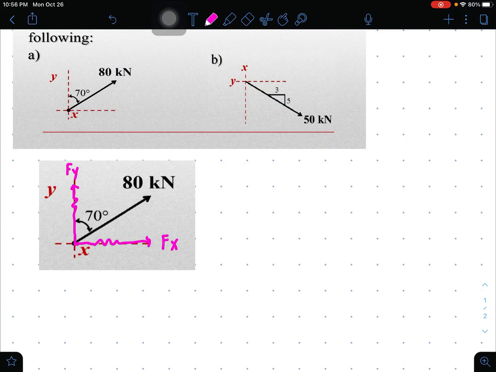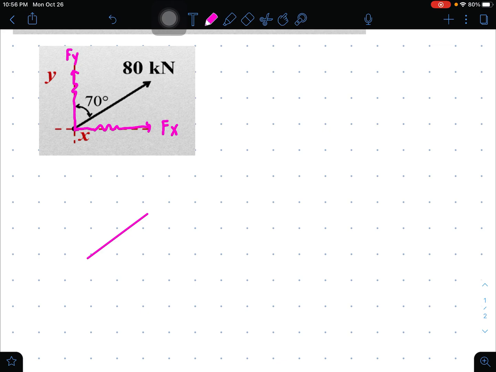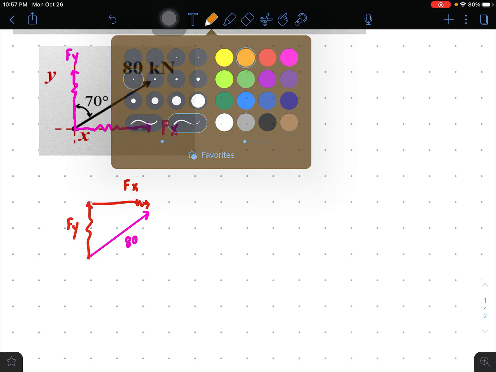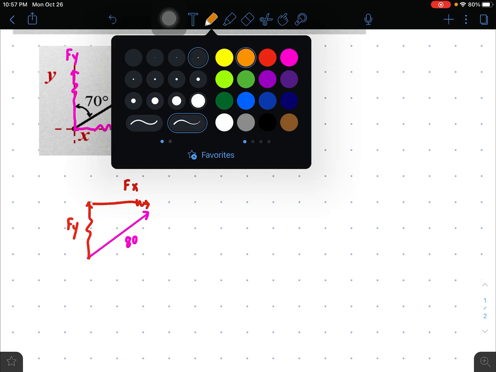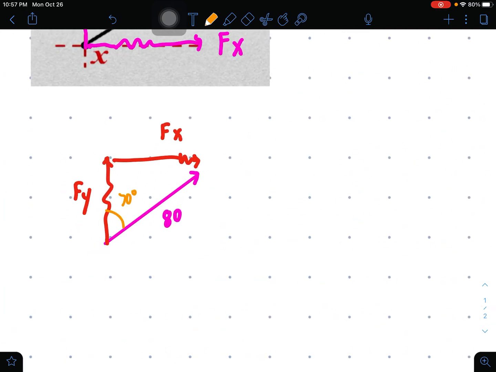let's transform the figure. If this is our F here in this direction, and then we have vertical for Fy, and then for the horizontal, Fx. Also do not forget that the angle is measured from the vertical, and that angle is 70 degrees. Okay, so now forming a right triangle,